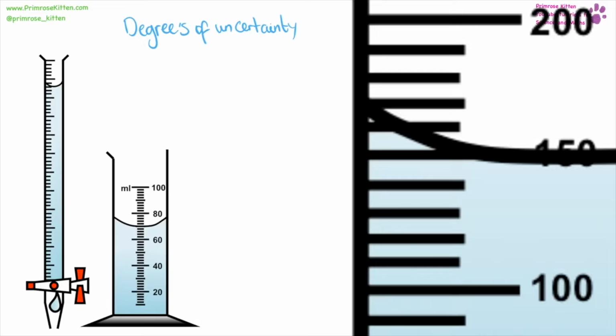Whenever you are measuring something, there is going to be a degree of uncertainty, whether it's a burette, a measuring cylinder, or a beaker. You need to look for the bottom of the meniscus always, because there is going to be this difference, this dip between where it looks at the top and where it is at the bottom. And you can say whether it is on the line or in between the line, but you can never say that accurately because it might be a quarter of the way or 3/4 of the way to the next line. So while you try and measure things as accurately as you can, there is always going to be a degree of